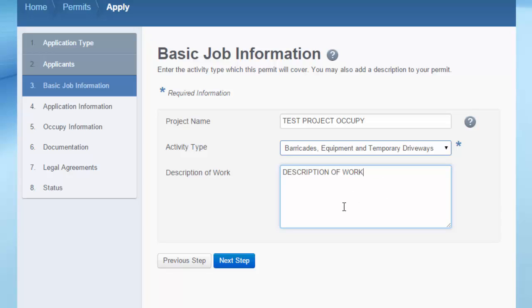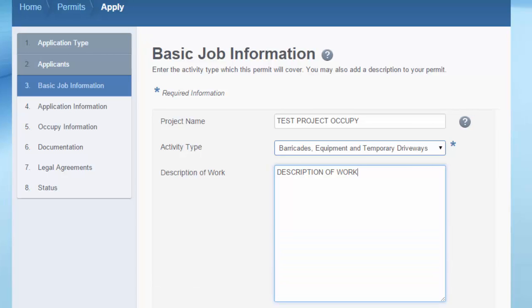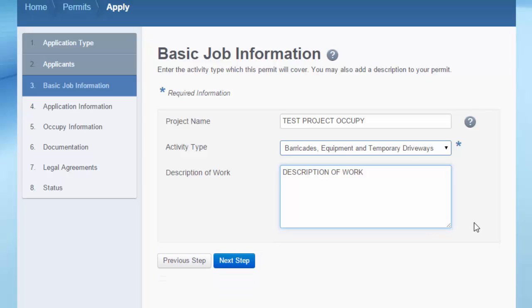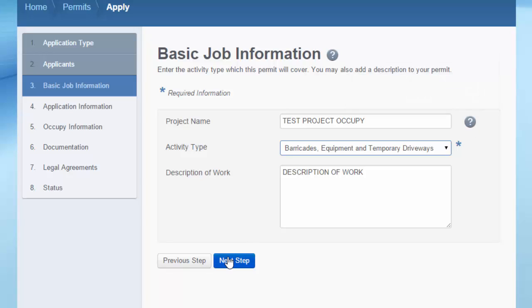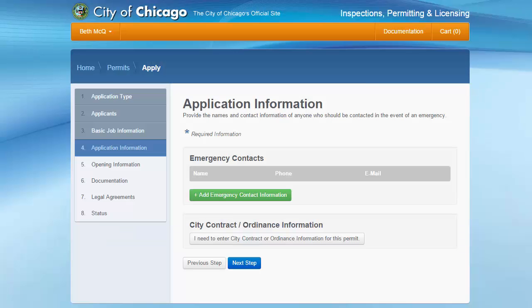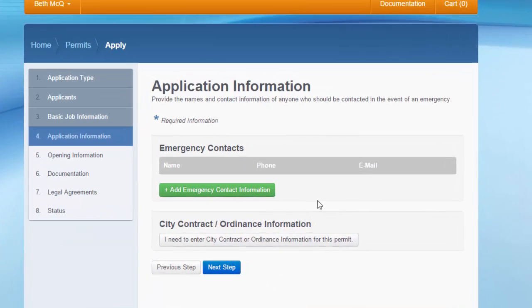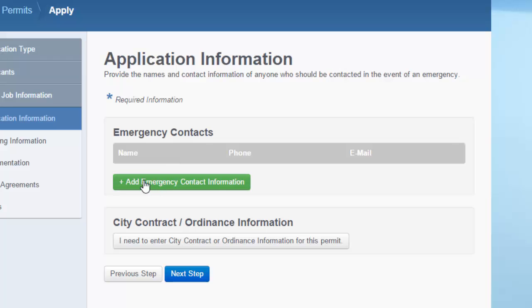Please be as detailed as possible. You may enlarge this if you'd like more space to enter information. As always, you can click the question mark icon to get more information at a field level. Click Next Step. In the application information, you will be adding emergency contact information as well as any city contract